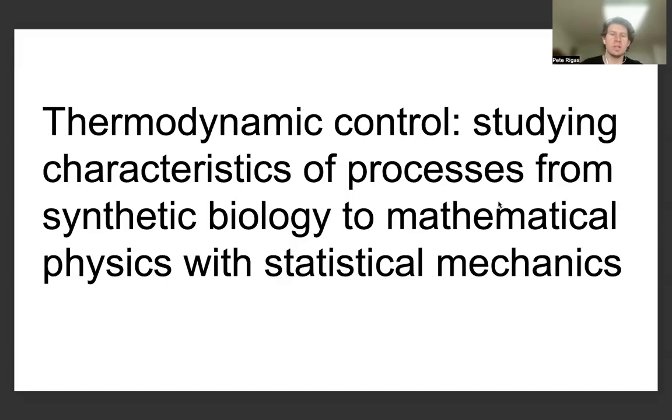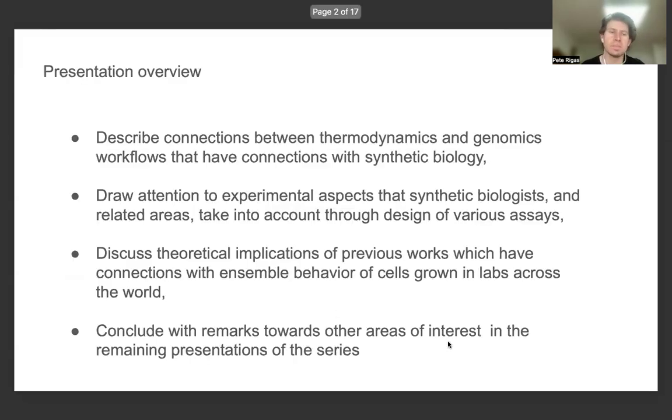The title of this presentation is Thermodynamic Control, Studying Characteristics of Processes from Synthetic Biology to Mathematical Physics with Statistical Mechanics. To begin with a presentation overview, in this part of the series, we'll begin by drawing the viewer's attention